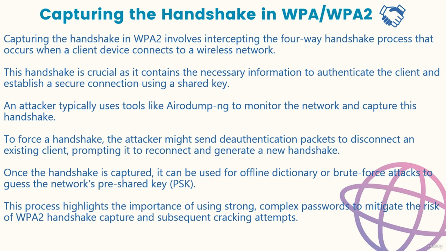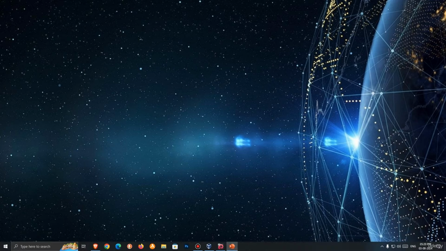To force a handshake, the attacker might send deauthentication packets to disconnect an existing client, prompting it to reconnect and generate a new handshake. Once the handshake is captured, it can be used for offline dictionary attacks or brute force attacks to guess the network's pre-shared key. This process highlights the importance of using strong complex passwords to mitigate the risk of WPA2 handshake capture and subsequent cracking attempts. So turn on your Linux machine